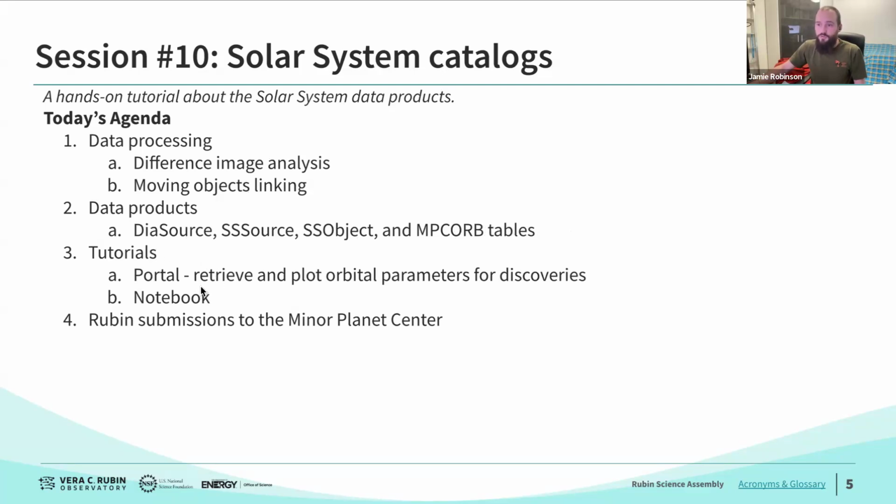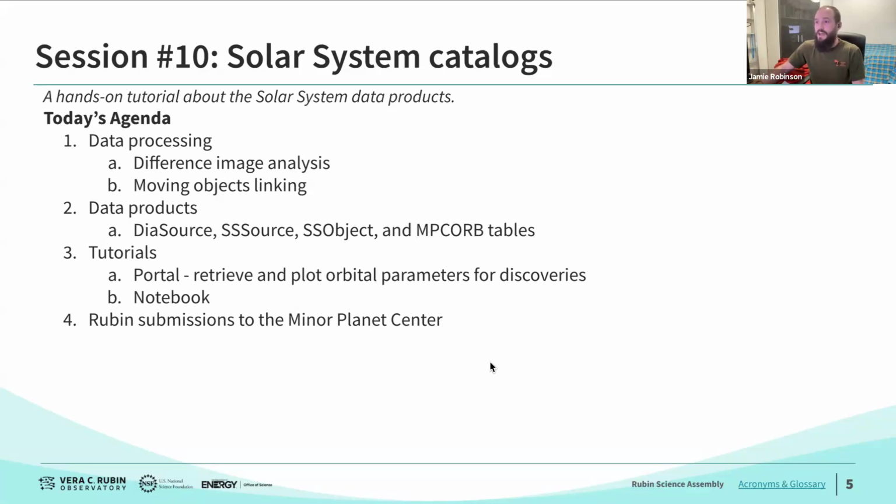And then we'll go through a couple of brief tutorials using the Rubin Science Platform, first using the portal aspect to have a hands-on look at the data. Then we'll go to the notebook aspect of the Rubin Science Platform and look at one of the tutorials there. And then, as I mentioned, we'll briefly end with information about this additional photometric data that's available outside DP1, but quite complementary, being good publicly available data that you can work with right now before the main